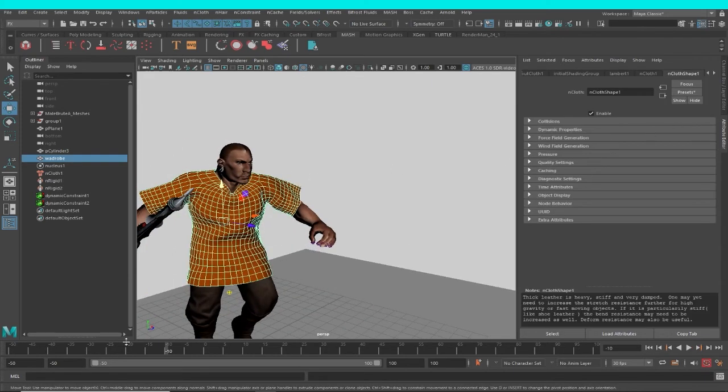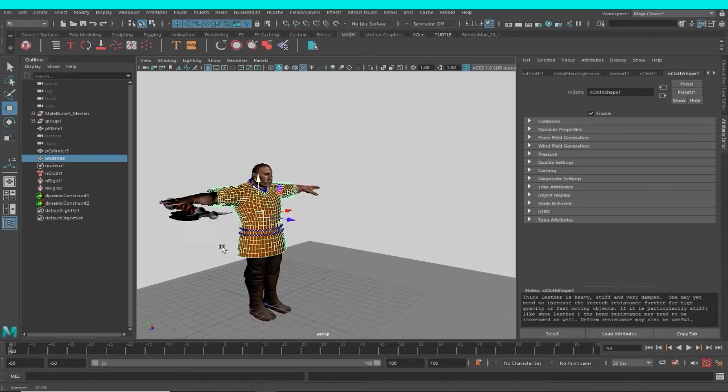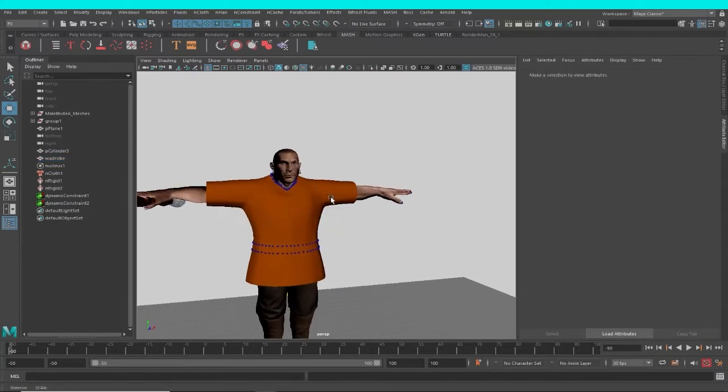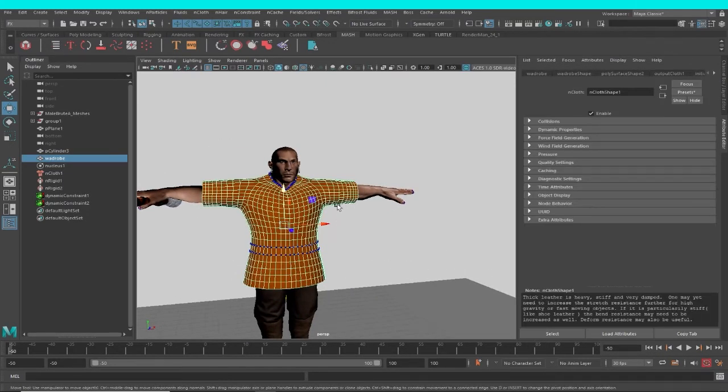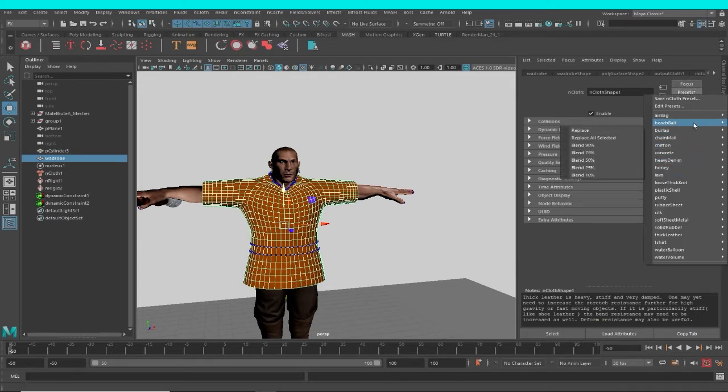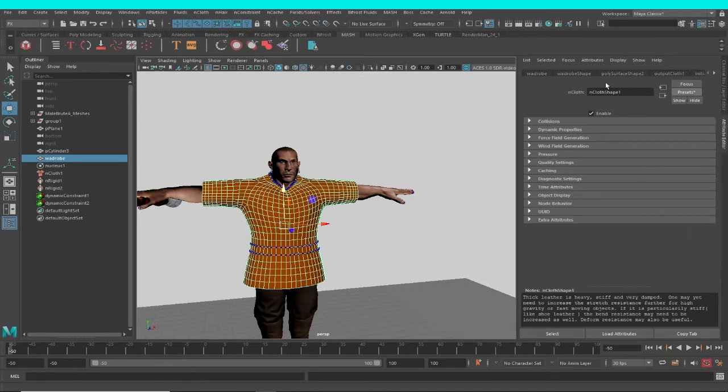Okay. Let me delete it and experiment with a few more cloth properties. Right now I have applied a cloth property of thick leather. Let me check with something much lighter than the thick leather. Before I do that, let me also go to